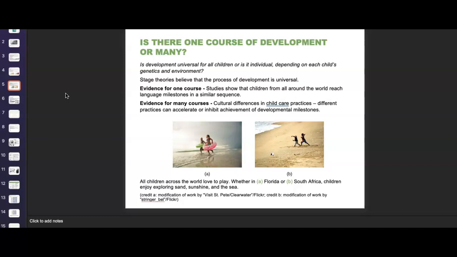Now, the evidence for one course of development: studies show that children from all around the world reach language milestones in similar sequences. But the evidence for many courses also indicates that cultural differences in childcare practices can accelerate or inhibit achievement of developmental milestones. For example,